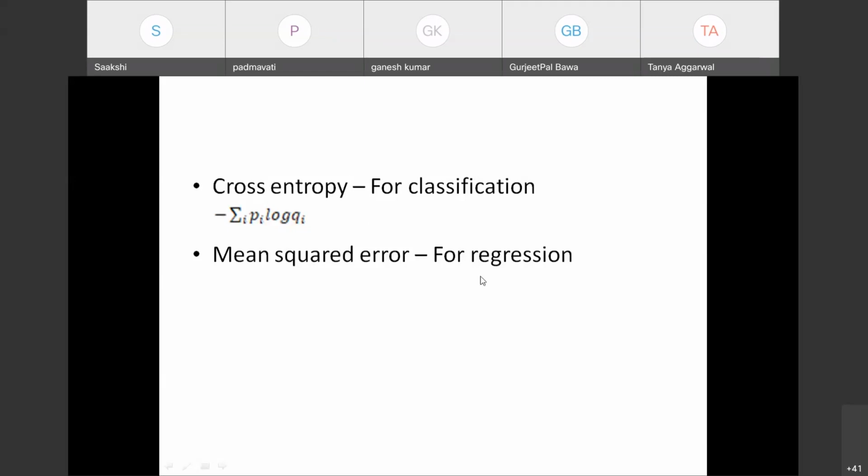Similarly, which loss function is used in the case of regression problems? For regression problems, we have discussed the mean squared error loss function. I have not written the formula here because we have discussed it in detail. It is yi minus yi hat, where yi is my actual value and y hat is my predicted value. So true value minus predicted value, whole square. The summation of that I will take for regression kinds of problems.